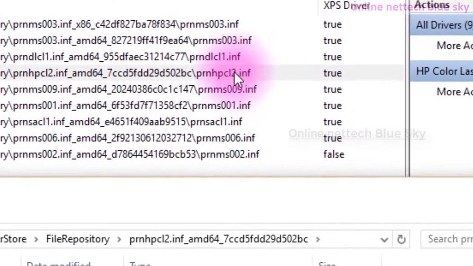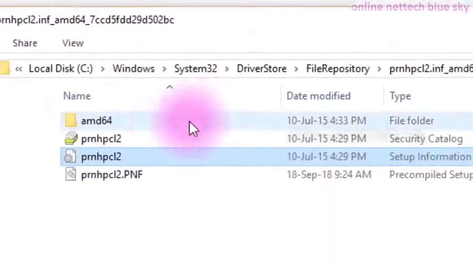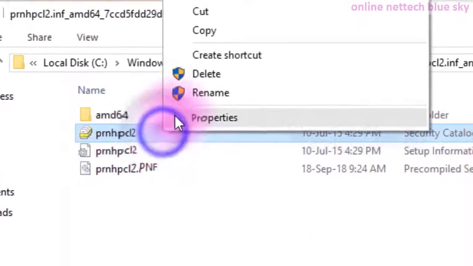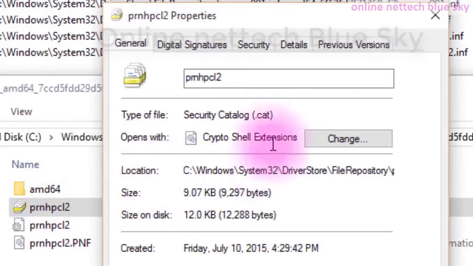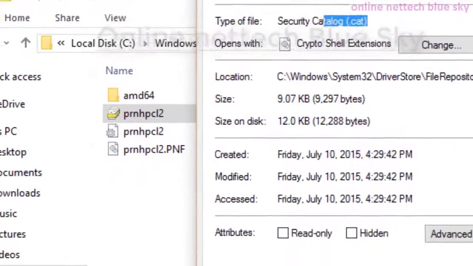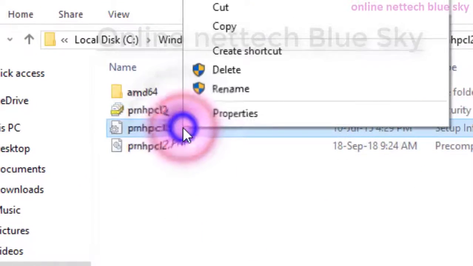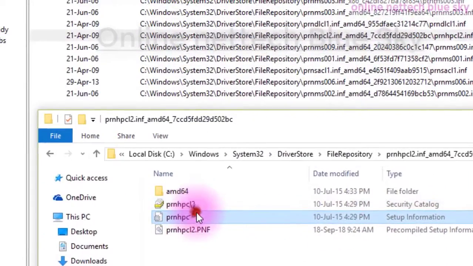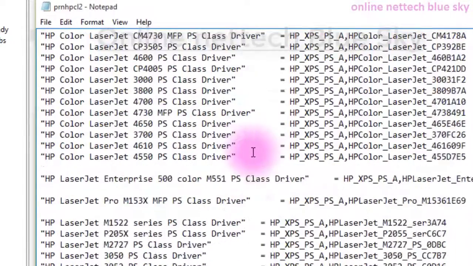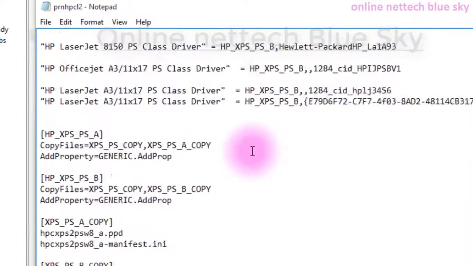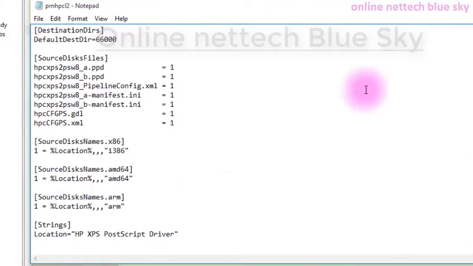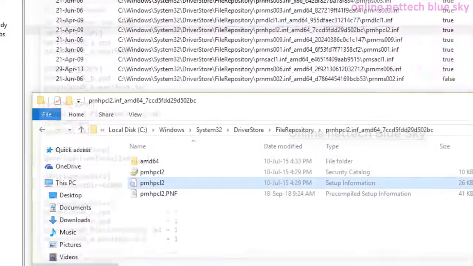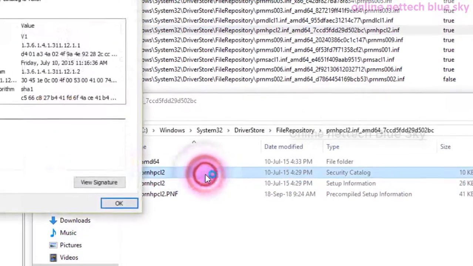All of the setup works through this prnclfa file, and some files are hidden by your computer. Go to properties and open this inf file with Notepad, and you can see that all of the setup information data is stored in this language. If you understand programming languages, you may be able to create a driver file.